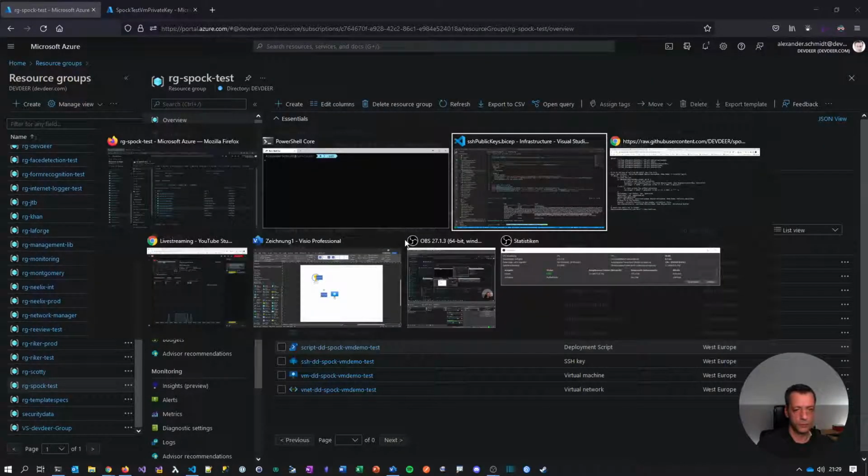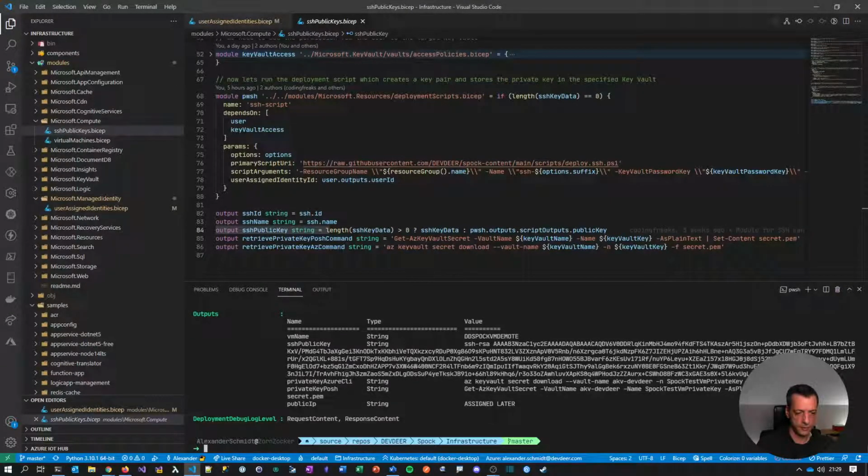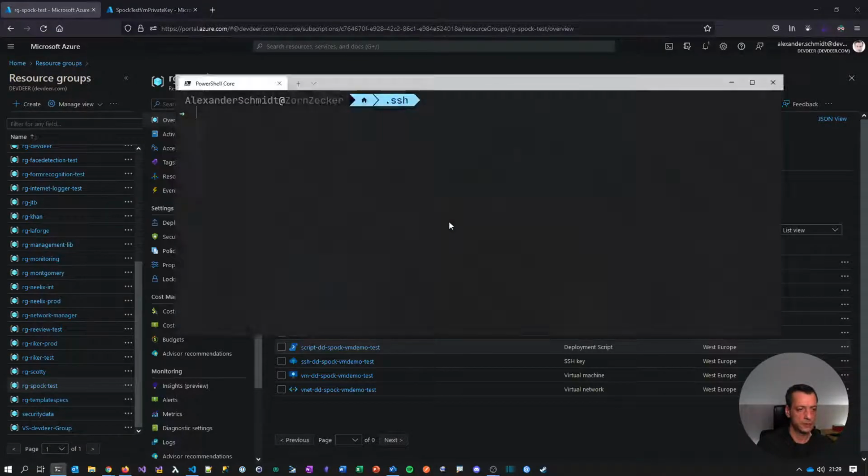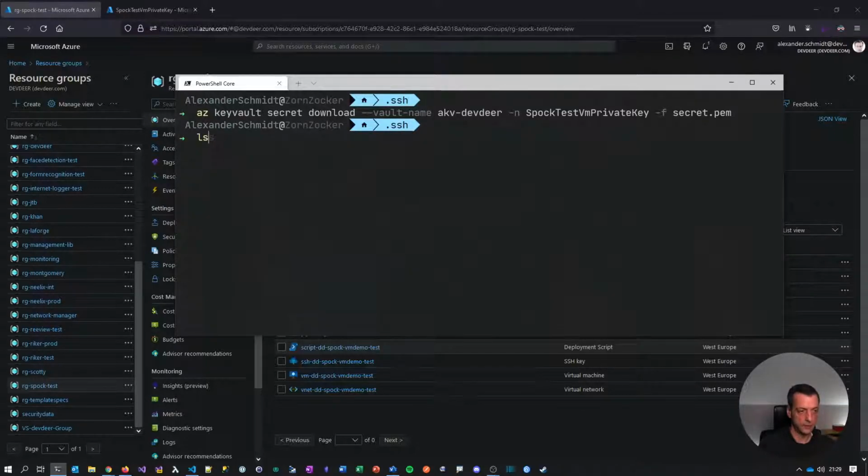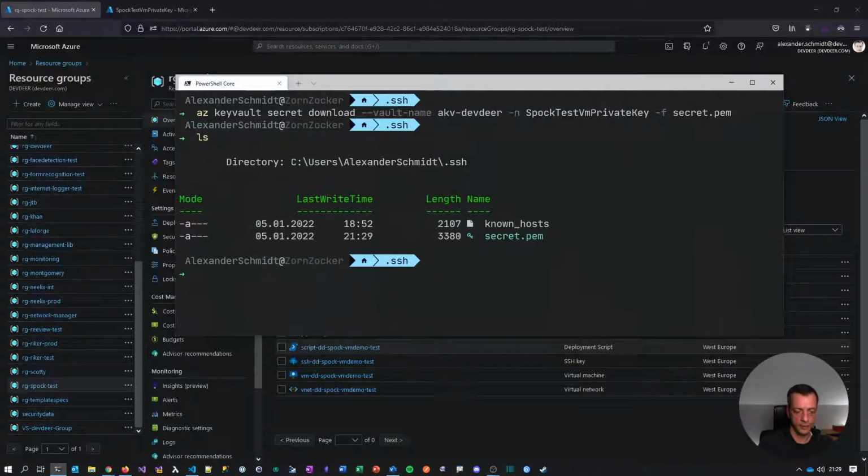And what do I do now, where is it? I copy this out again. This is what I did. And now I'm in the SSH folder here, and I download the secret file. Okay, let's take a look. There it is, secret PAM. And all I have to do now is